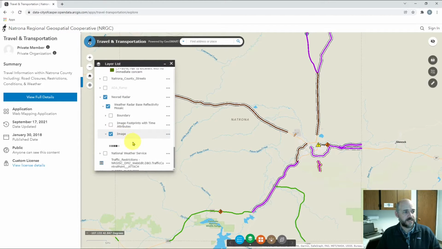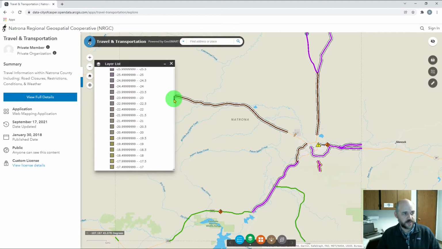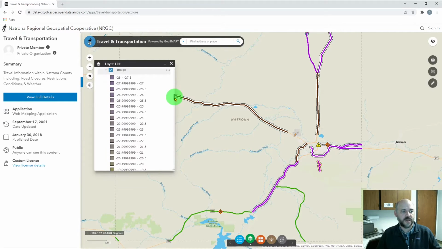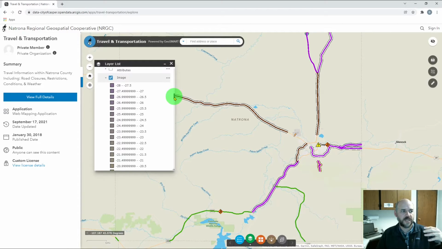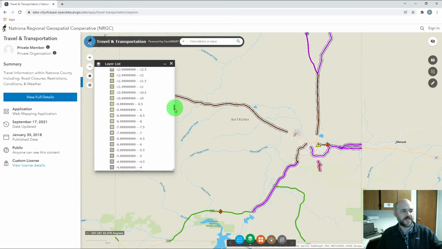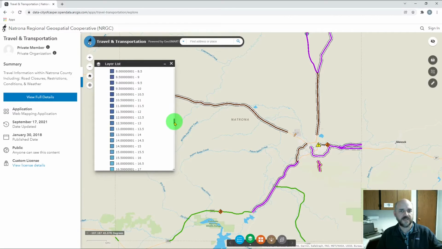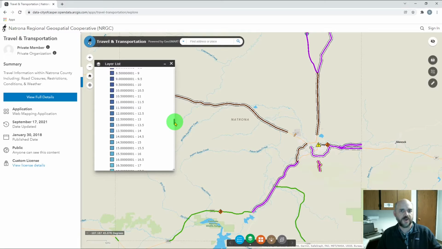Nexrad Radar, it's the base reflectivity index. It is a network of Doppler radar, and they take a measurement of the level of precipitation that's present in the atmosphere at any time. The result is a readout of what reflectivity that precipitation has. And it is a logarithmic scale, and it can get into the negatives. But basically, a more positive number means more reflectivity, more precipitation potentially present at that time